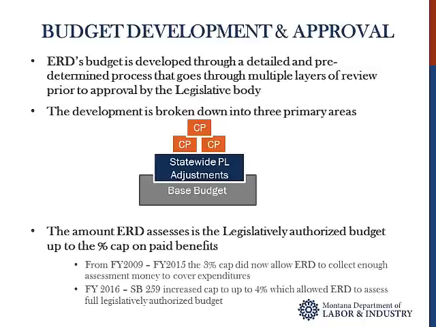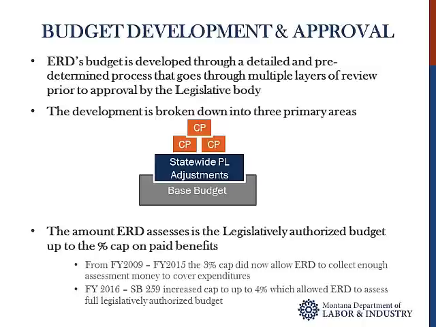In addition to a lengthy review process, the budget building process is very structured. A budget consists of 3 primary components. We start with the base budget, which is the ongoing operation of state government. Added to that is the statewide present law adjustments, which include pay raises, position cuts, and changes in fixed costs. The final piece of the budget building structure are change packages, which are any additional requests to increase or decrease the budget. These are looked at separately from the budget and can be approved or not approved by the legislature. An example of a change package is a rent increase or a statutory change that requires a change in funding.